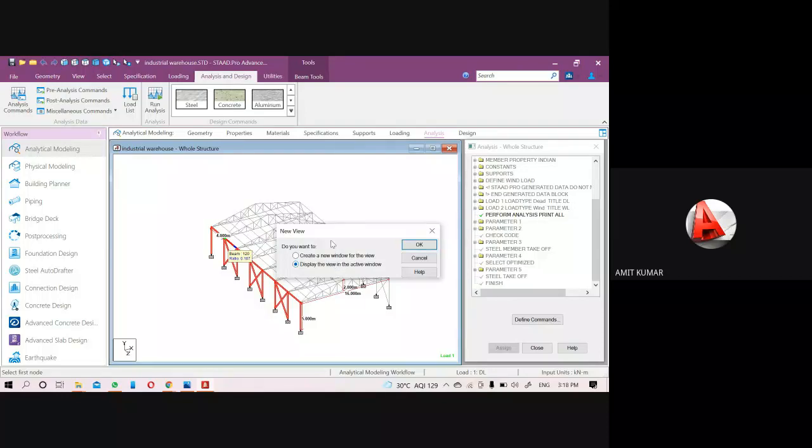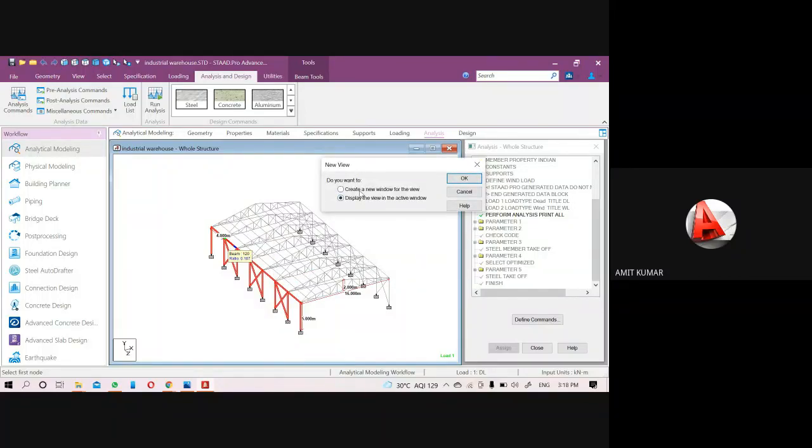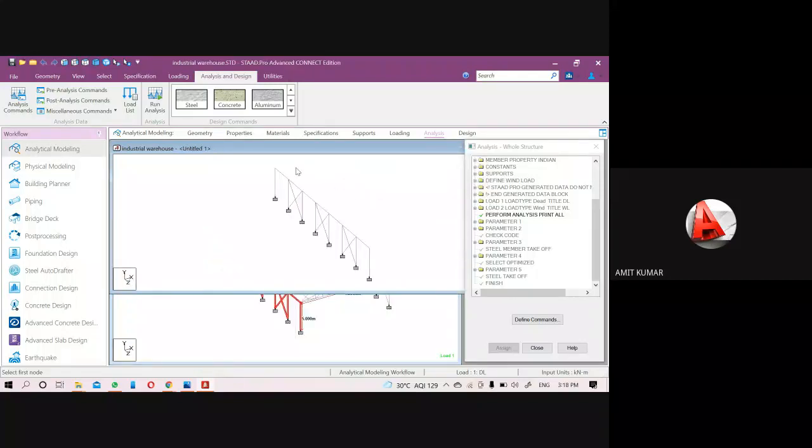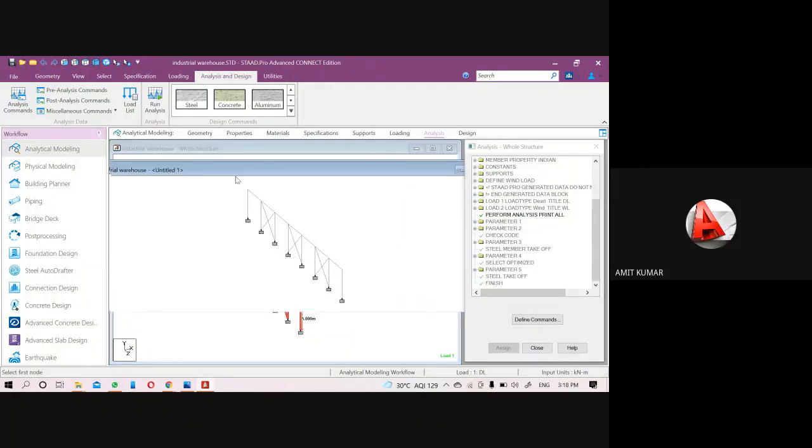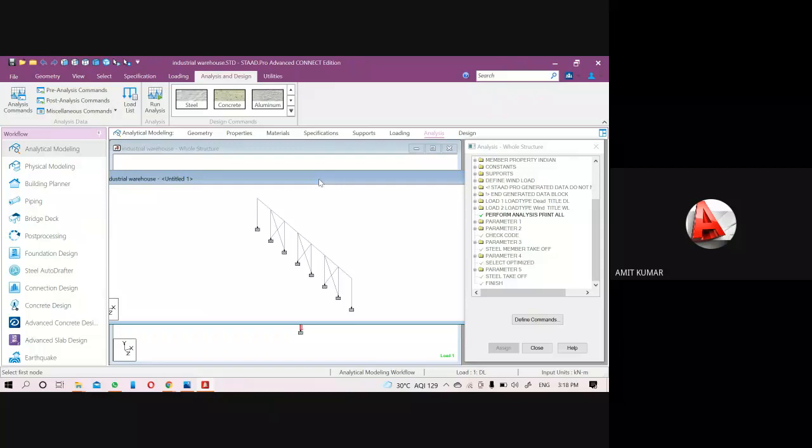When you open this new view, you will get two options: create a new window for this view, or display the view in the active window. If I click on create a new window, then a new window will open like this, and in this new window you will see only the selected part.